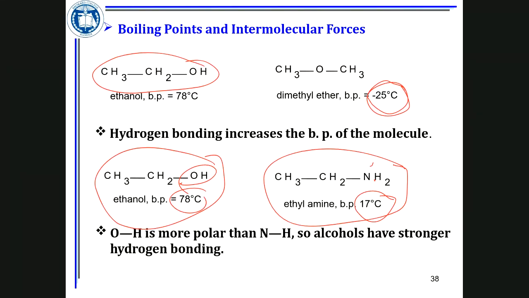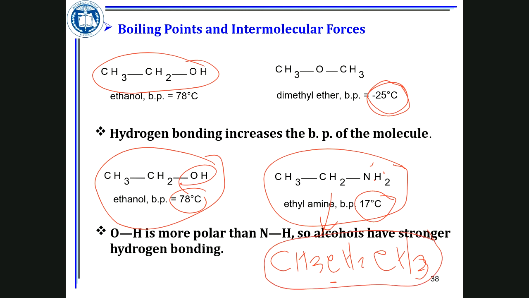Now, if you compare this to CH3, CH2, CH3, which is propane, this is going to be much higher than the propane, because propane has only London dispersion, and this one has hydrogen bonding. So propane is going to be a gas at room temperature, so the boiling point is way below 0. But the amine is 17 degrees Celsius. So